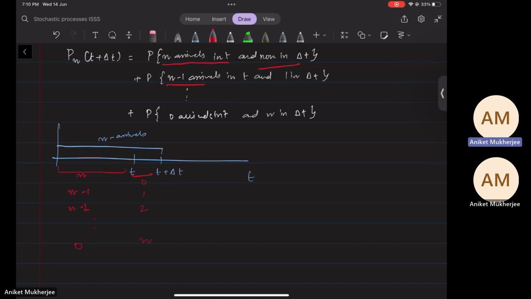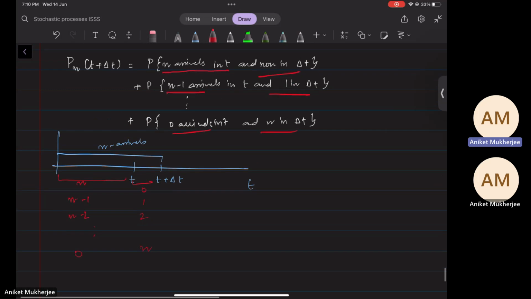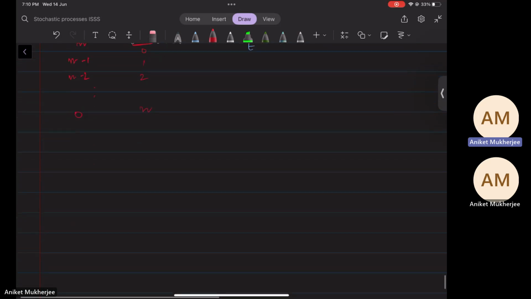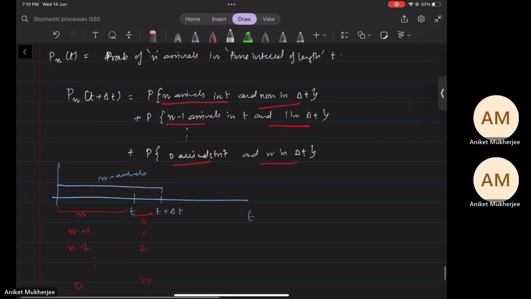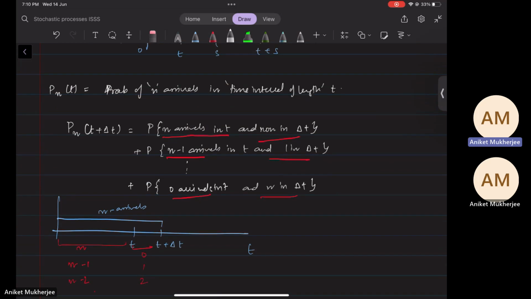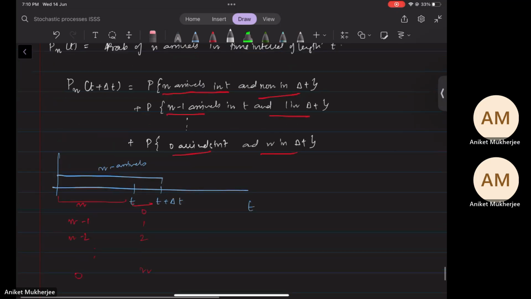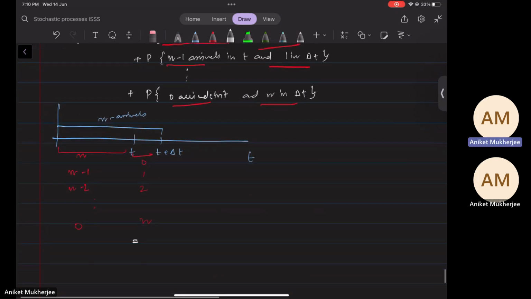Similarly, all these events are independent. Let me write the events. I know that the probability of n arrivals in t is p n t. So based on that, I get p n t into